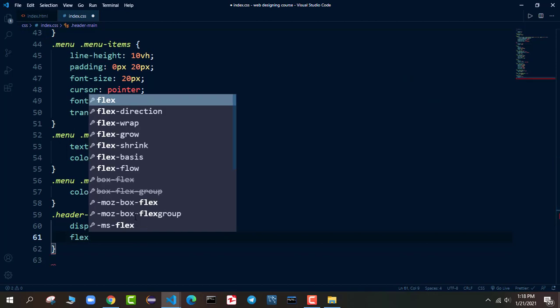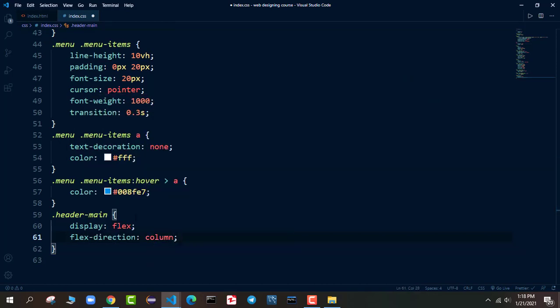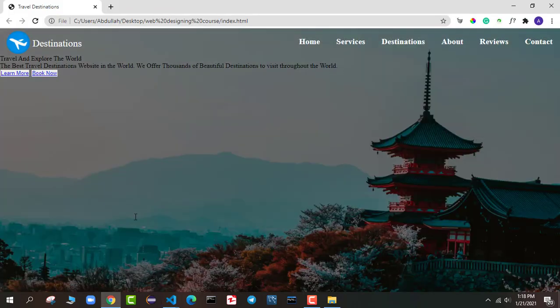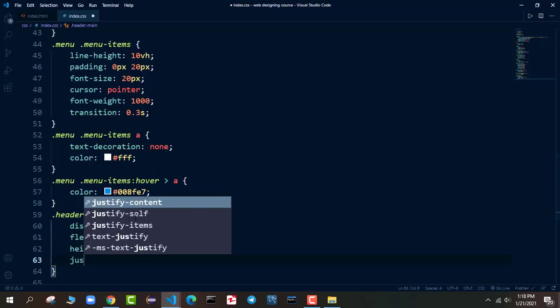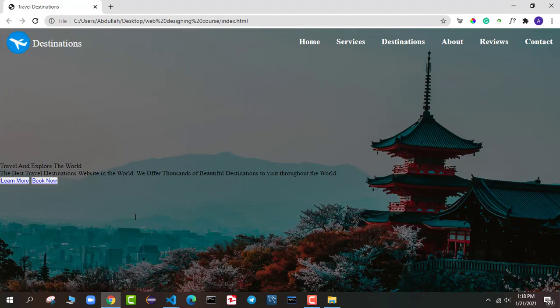I want to make them in one column, so I will say flex direction is column. I will say height is 90 VH, so they will get 90 view height, and then I will say justify content center, so they will become centered vertically.